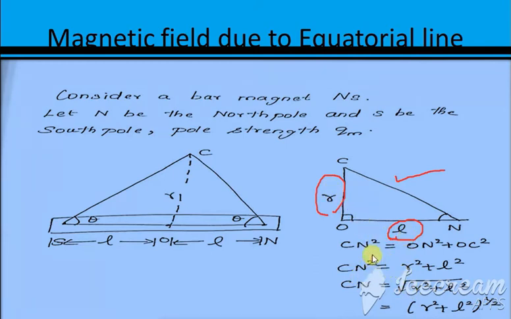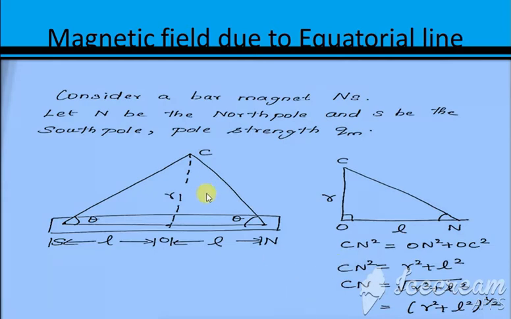Now this square you are going to bring to the other side, and that becomes a root. So CN is equal to the root of R square plus L square, and the root can be written as power of 1 by 2. This is the value of CN, and also of CS, because both are the same. So instead of CN and CS, we can write the value as R square plus L square the whole power 1 by 2. Yes, clear with this? This will not be explained in your reader, but only if you know this value will you be able to write the whole derivation.